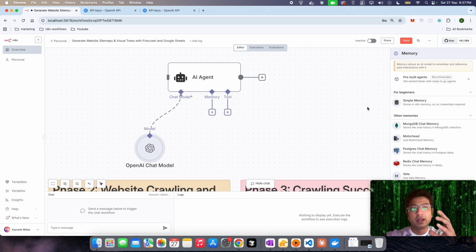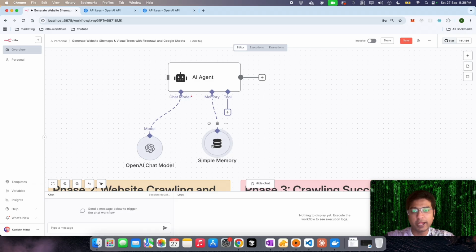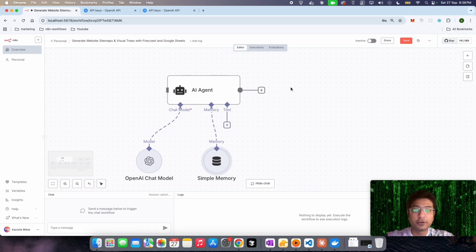So first, let's begin with using simple memory in this project. Why? People might have the question, okay, why are you even trying to get us to configure something so complicated? And I'll give you good strong reasons for that. Now let's say that we configure this simple memory node, and